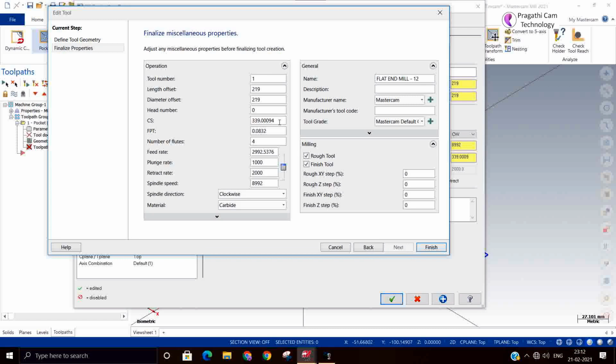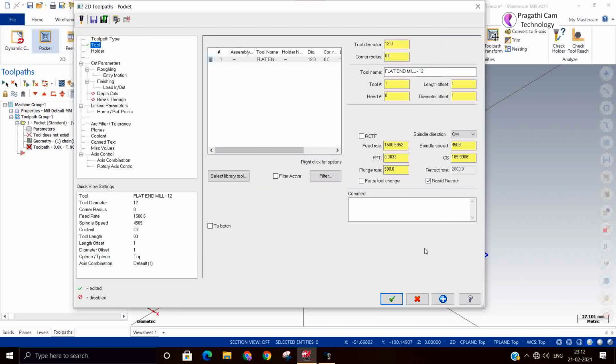You can give CS 170. Feed per tooth I just accepted. Plunge rate I will make it 500. Finish. So now I have made the tool.